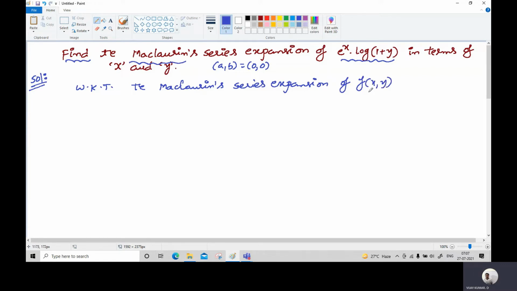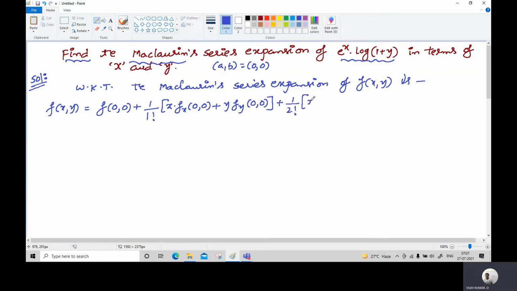F of x comma y means a function in the two variables x and y is f of x comma y is equal to, first term is the functioning value at the origin plus 1 by 1 factorial into x into fx at origin plus y into f suffix y at origin plus 1 by 2 factorial into x square f double x at origin plus 2 times of xy fxy at origin plus y square into f suffix double y at origin